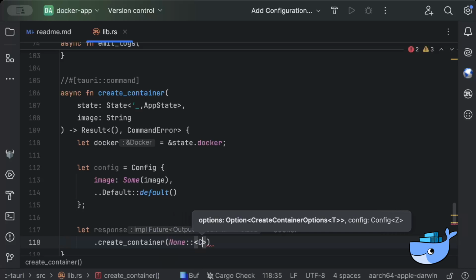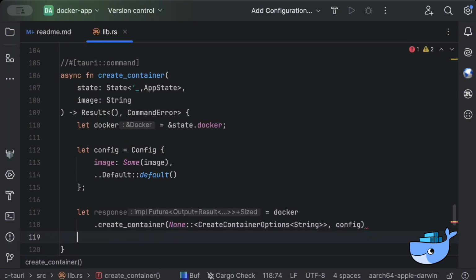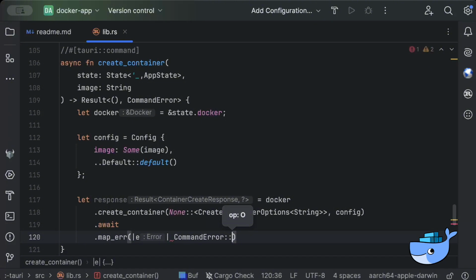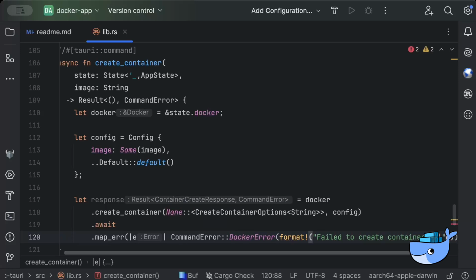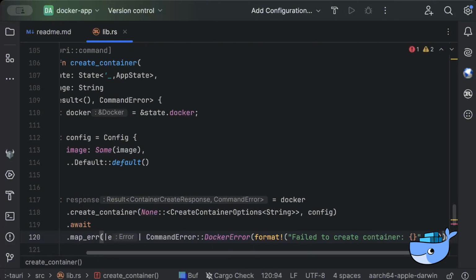Otherwise, just like me, you can just pass none, create container options string and config, which we just add for the image, await map error and e command error docker error format failed to create container, and here we can just pass on our error,